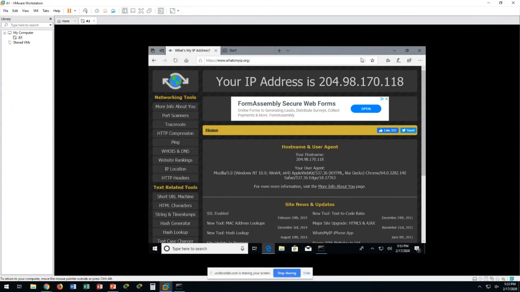So now my real world IP is 204.98.170.118, which if you go to what's my IP, you probably will get the same address because we all share it, because they're doing network address translation for everybody in this building, right? So if I go to